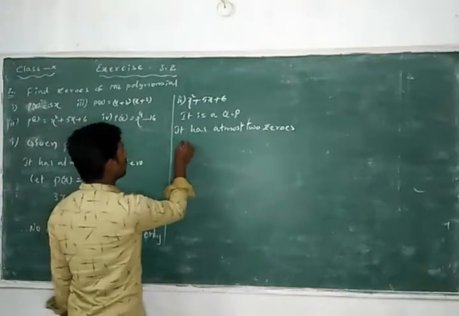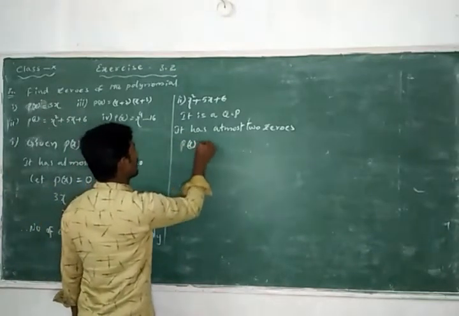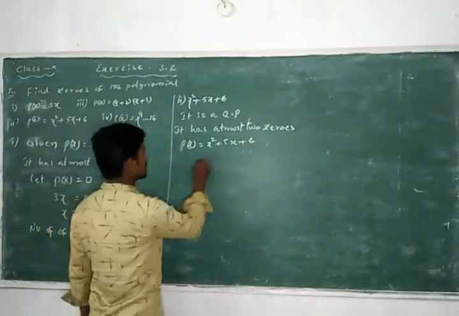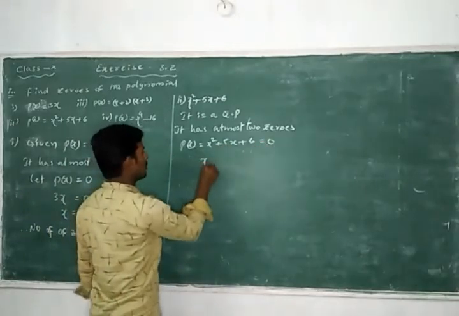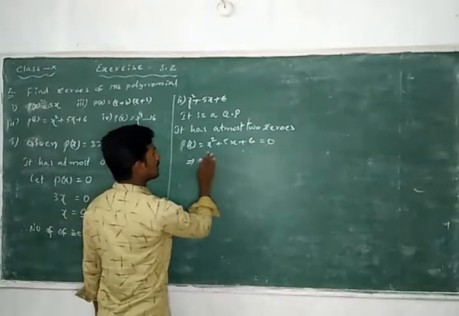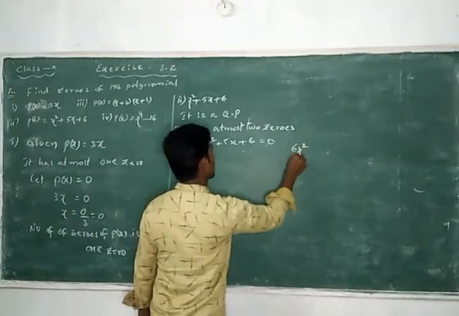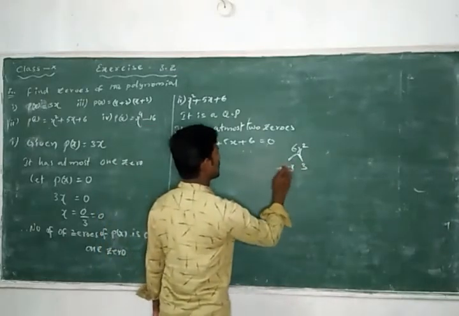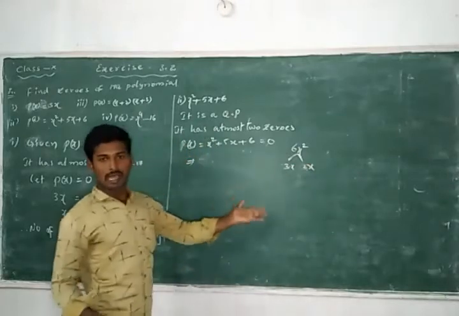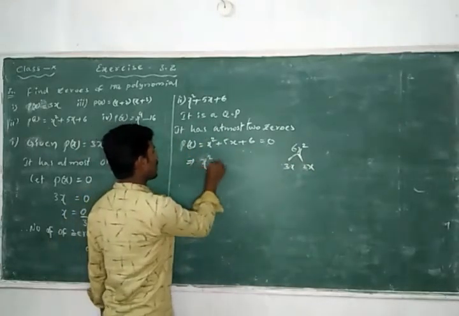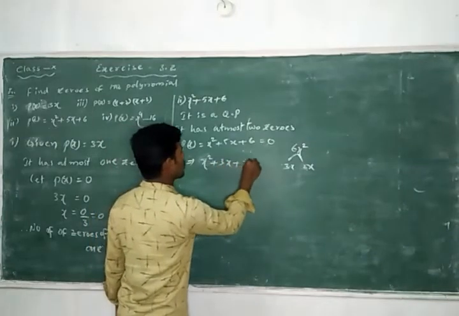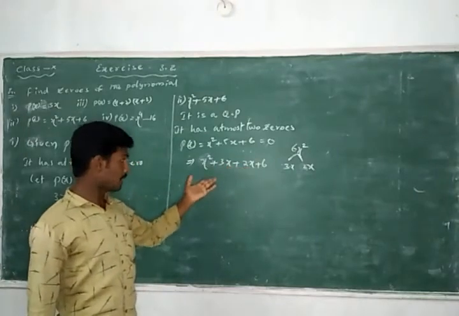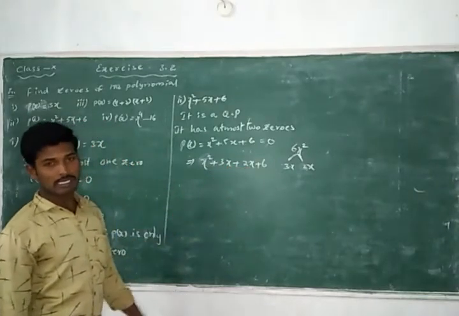So we can write this now. Let p of x is equal to x square plus 5x plus 6, and rewrite this as p of x is equal to 0. Now multiply the first term and the last term, you get 6x square. Take the factors for this, 2 and 3, or 3 and 2, you get the same result. Now you can write x square plus 3x plus 2x plus 6. Now take the common x here and take the common 2 here, and get the zeros of the polynomial for this question. You can solve it there.